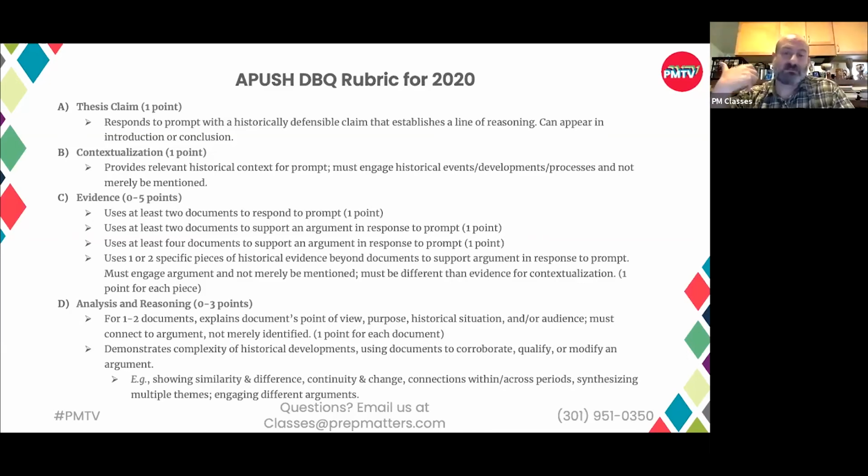Let's go back to what I said at the beginning of this class, both today's class and the whole PMTV class, talking about, was the American Revolution radical or was it conservative? Was the Progressive Era something that expanded democratic participation and made the federal government more responsive, or did it primarily reinforce hierarchies? An argument that tackles both parts of that, acknowledges both parts of that, is engaging in complexity.